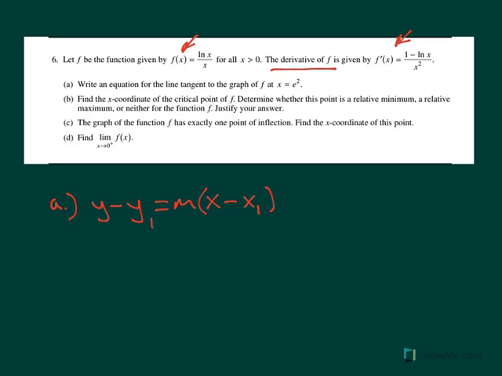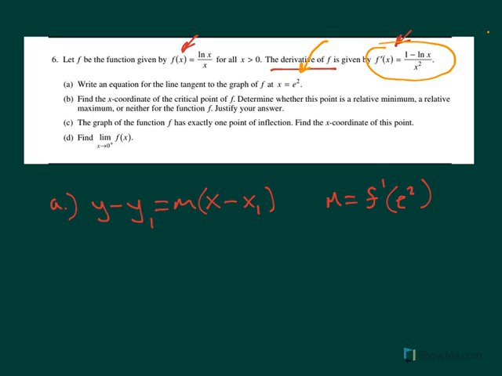So the slope, where we're going to find the slope at a particular point, that's going to be the job of the first derivative. So you're going to be using your first derivative to find the slope. And at what point do we need it at? We need it at where x is e to the second power. So use f prime for this. So it's going to be f prime of e to the second power, and you'll want to put that into your f prime and calculate the slope